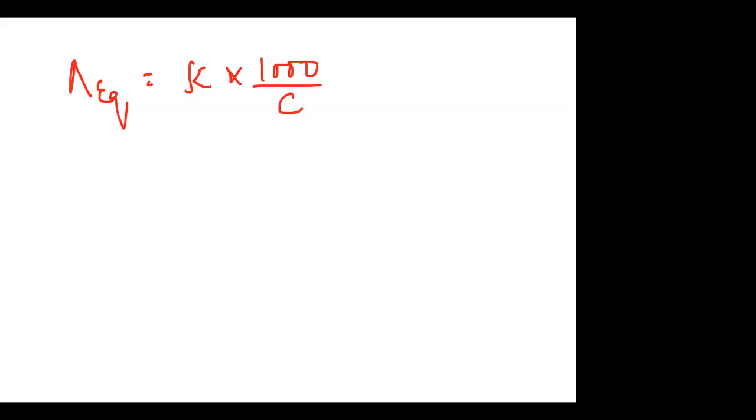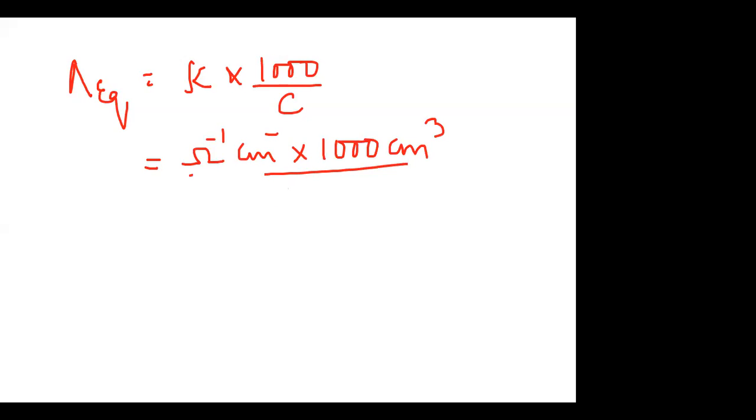Now let's come to the units. If I have to find out the units, we already know that for kappa, the units given are ohms inverse, centimeter inverse, divided by 1000 centimeter cube, even if I don't write 1000, that's okay. And here in this case, it's going to be gram equivalents. So this one will be gram equivalents. Now let us see what it will finally come to.